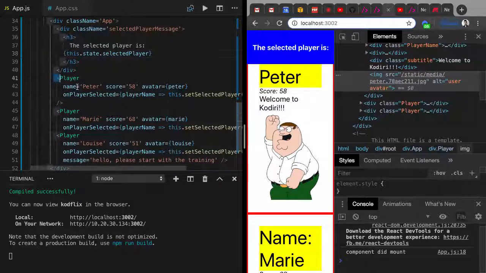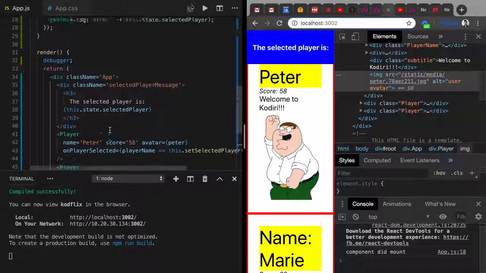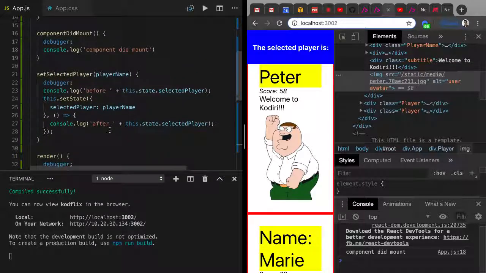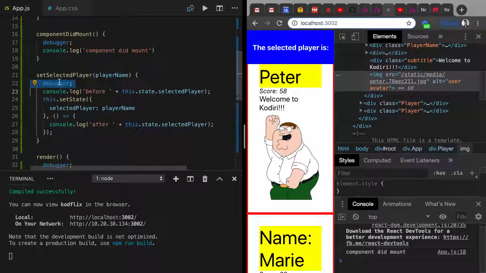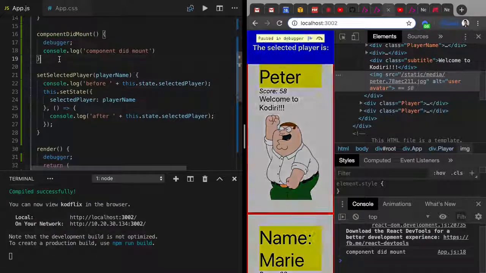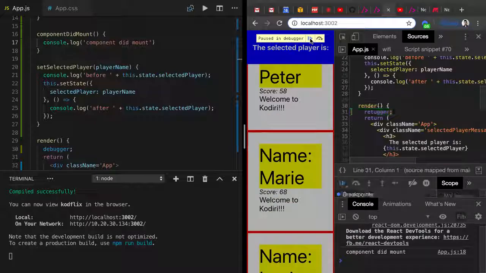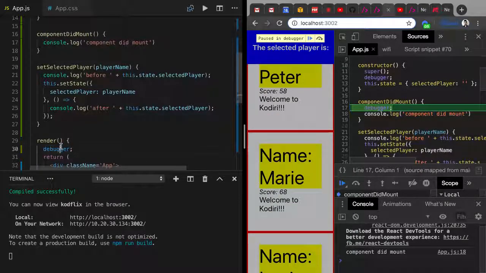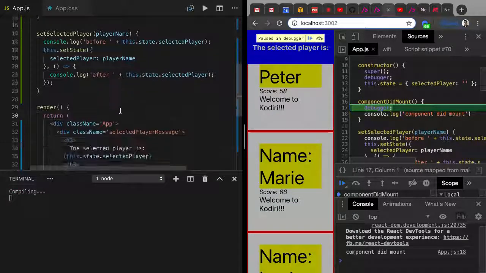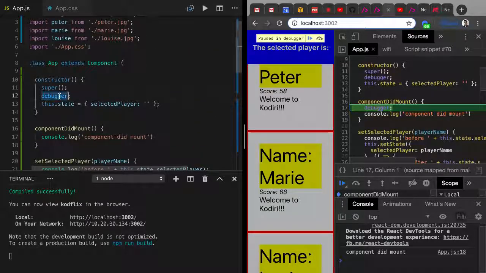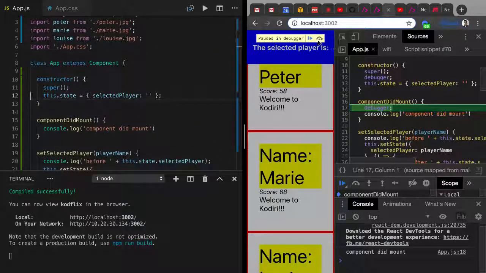We got player 1, we got player 2, and we got player 3. But what I do really want to do, I want to introduce a state. Do you remember a state? Yeah. We learned that on Wednesday, right? How to create stateful components. I do have a stateful component here, and because I do have a stateful component here, I would like to,